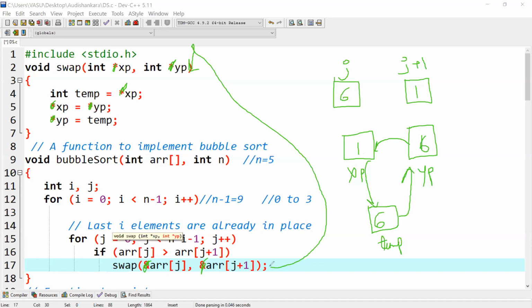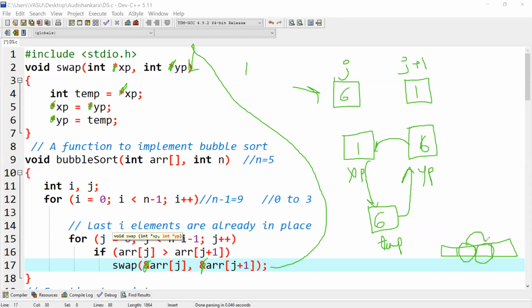But over here, the array elements are this, no? These two are array elements. These are not array elements. I wanted to swap this j and j plus 1. Because inside my array, suppose my j is equal to 1 at that iteration, it means this particular element, and j plus 1, that is this particular element.